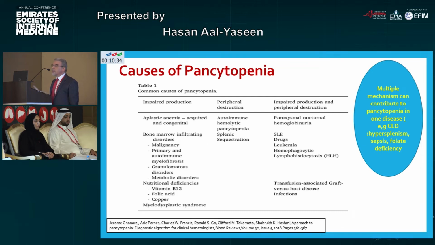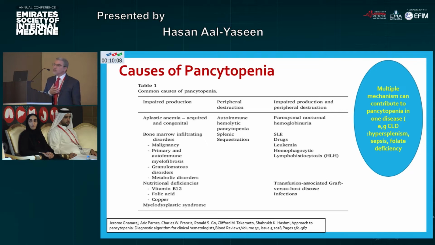Now, what are the peripheral causes of pancytopenia? We have mainly immune. So we can have immune dicytopenia or immune pancytopenia. So the elements will be destroyed by an immune process peripherally, and we can have the elements of the blood sequestrated in the case of hypersplenism and splenic sequestration. Examples of